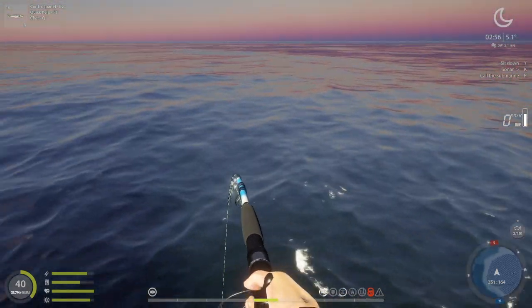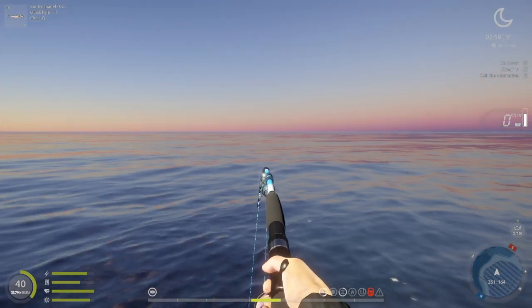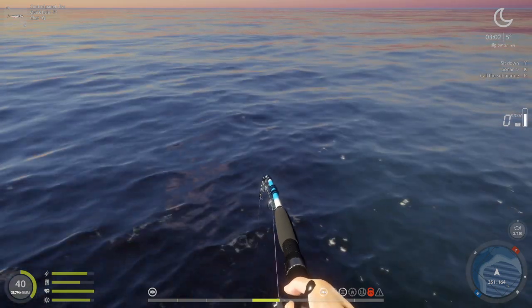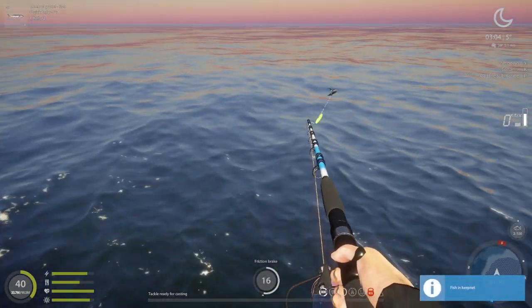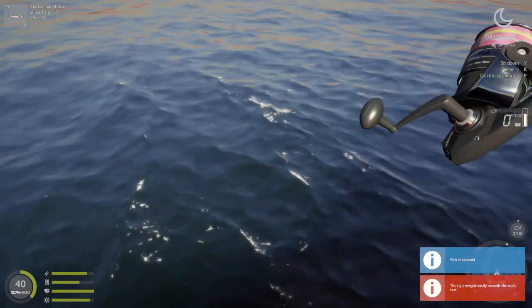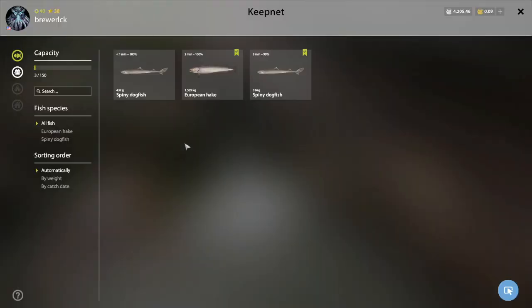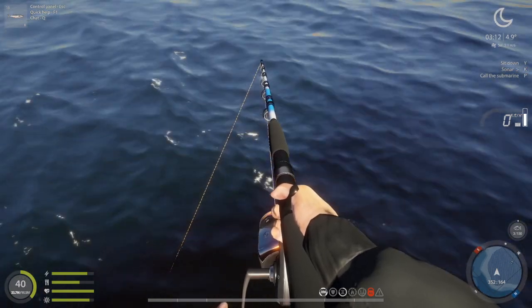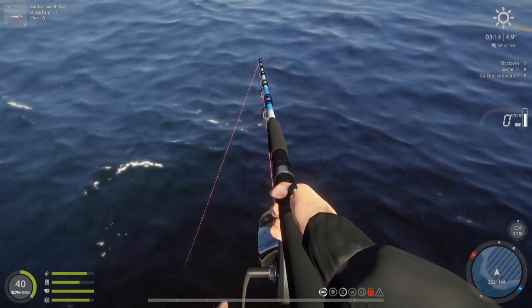Caught something smaller than our bait. Little spiny dogfish. Unfortunately, it's not a marker. Maybe 600 or 500 is a marker. They're definitely good silver. A 1.8 is almost 50 silver, so